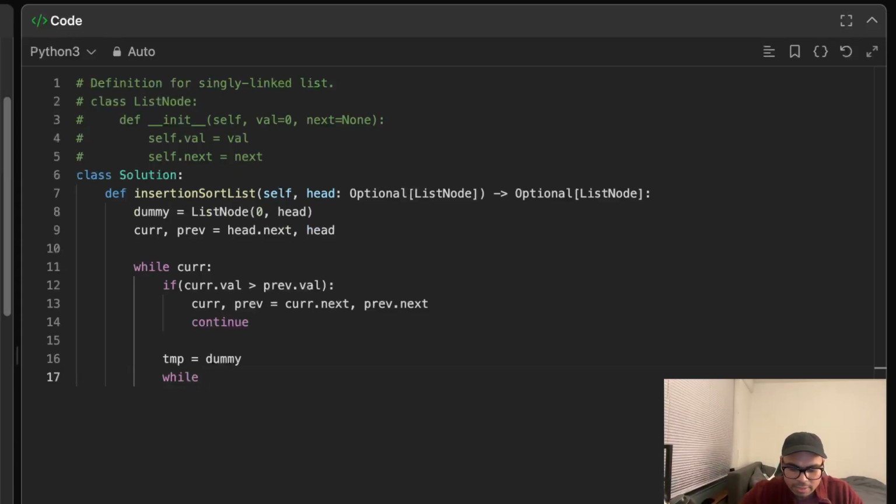So if current.value is basically, what I should say is, if current.value is smaller than temp, I should call it temp.next.value, that means this is where it belongs, right? This is where it belongs. And